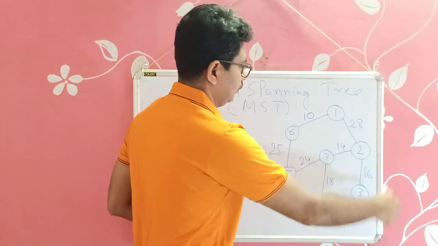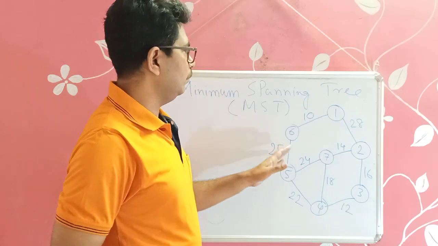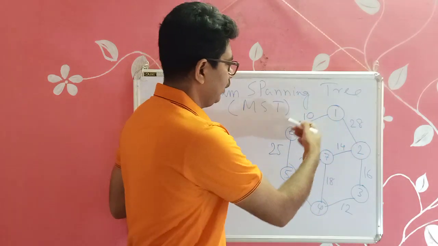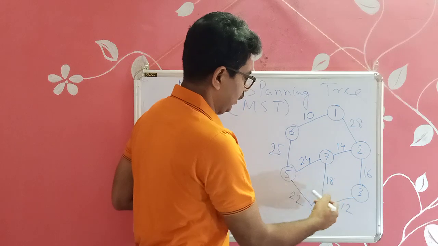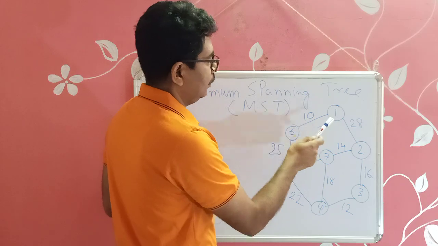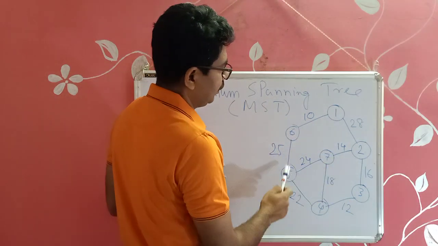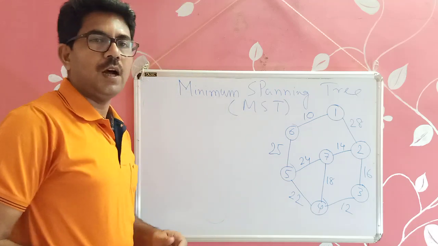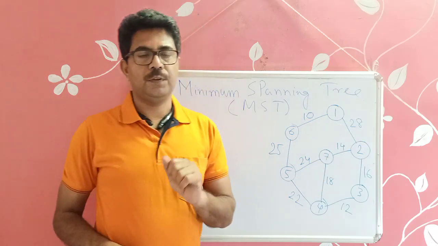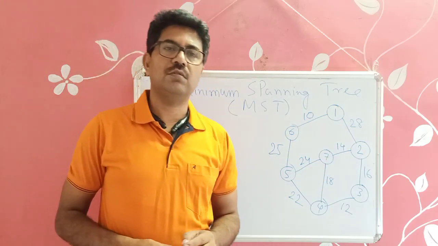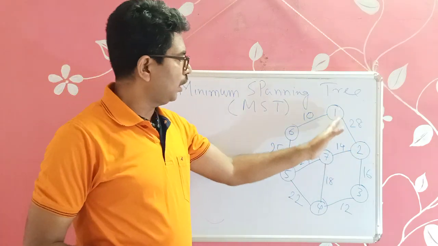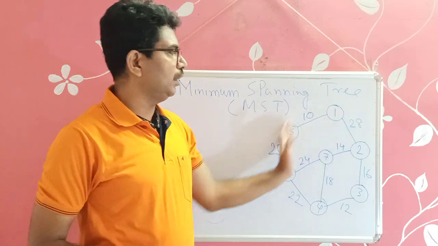So let this be a graph. Now if we have to find that all the vertices are connected with minimum cost, let this be a given graph G and these are the weights associated with each edge. Now if you have to find a subgraph or a spanning tree such that all these vertices are connected with minimum weight, then how to do it? To find the minimum spanning tree, we have two famous algorithms. One is Prim's and another is Kruskal's. Okay. So we discuss both the algorithms with the same example, and we can find the difference between these two.